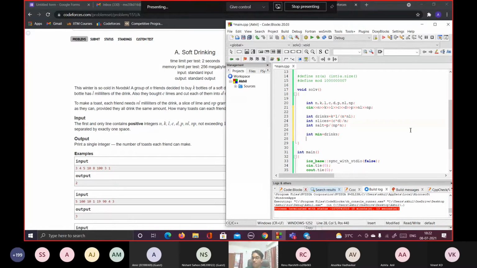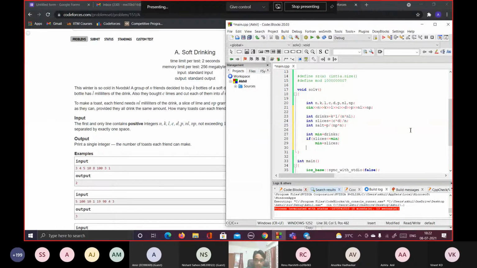So if slices is lesser than or equal to drinks, which is the minimum here, the minimum will become slices.